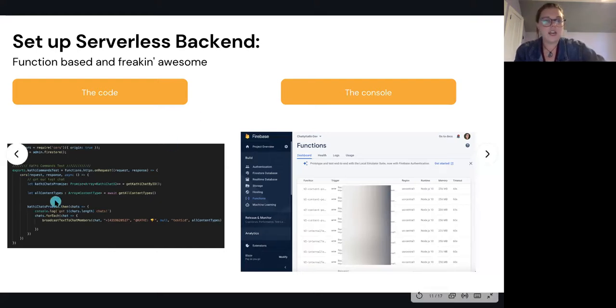So over here, I did create a Node backend where my functions are hosted, and they do require that these functions are hosted in some kind of backend language. But once you do that, straight from the same console, there's just a little functions tab. All of your endpoints get displayed in one place, and you can monitor the health as well as check out the logs and see the usage of how often